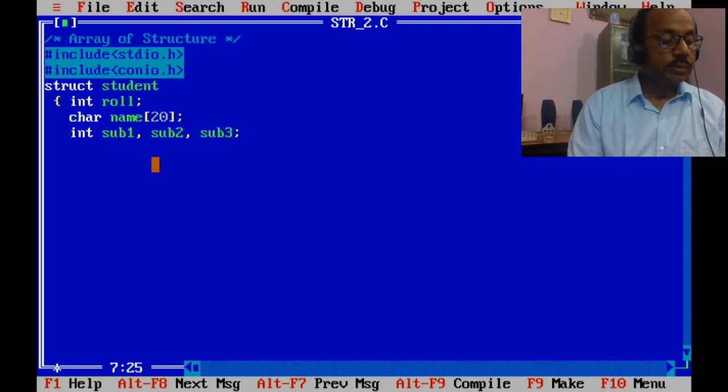There are 3 subjects whose marks we have to store with the student.